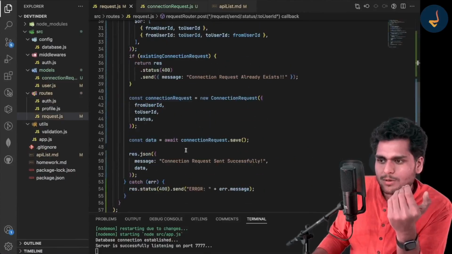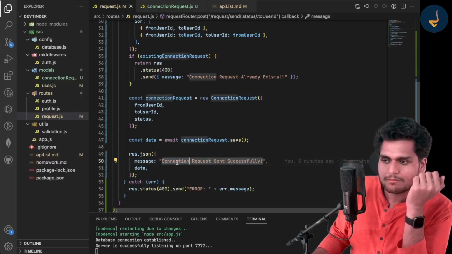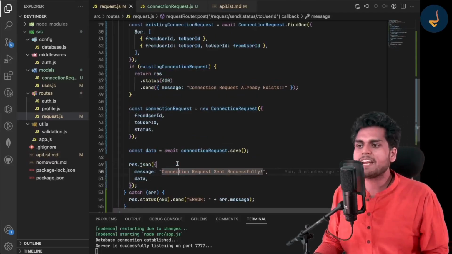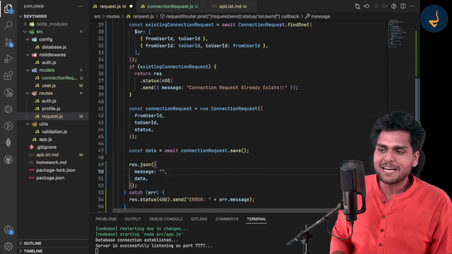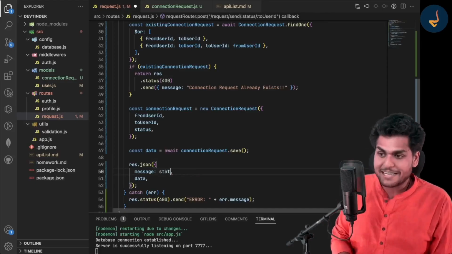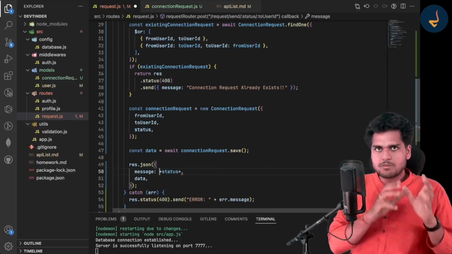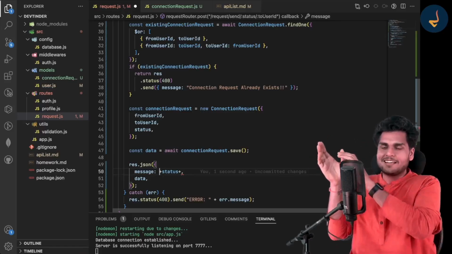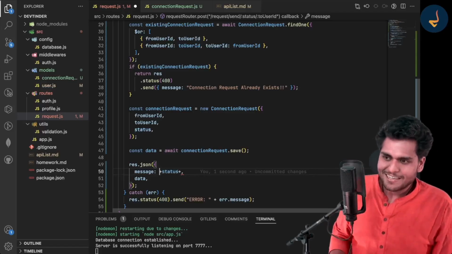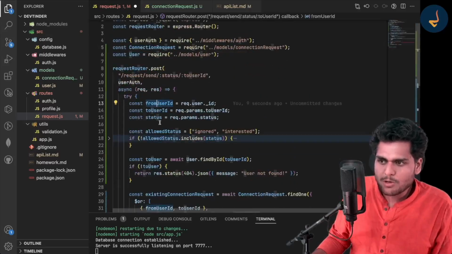So the message over here says connection request sent successfully. Okay, let us give it a very dynamic message. Let us make this message much more fun. I can make it dynamic also. So I will write status, and I will write something like this: Akshay ignored Elon, or Akshay is interested in, right? Something like that. Where will I get the Akshay from? Akshay is my from user, or I will get it from